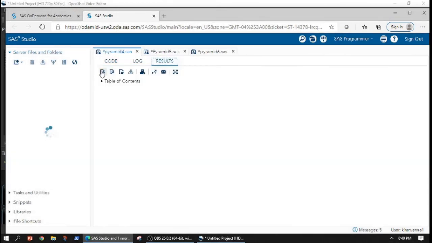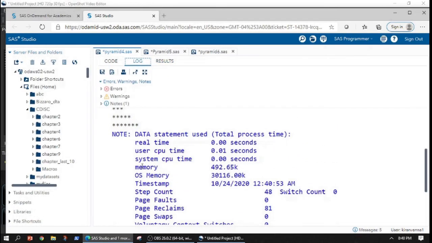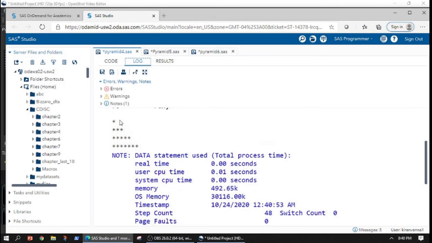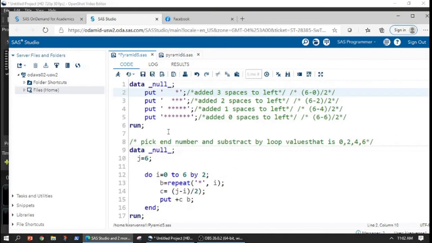Here we can see that we have exactly the same structure as what we have seen. That is, we have 1 star, 3 stars, 5 stars, 7 stars, which looks like a left aligned pyramid. Now let us see how we can make a pyramid kind of structure through hard coded values. Here I have exactly a pyramid kind of structure, and let's quickly run this, and then I will go into detail discussing it.